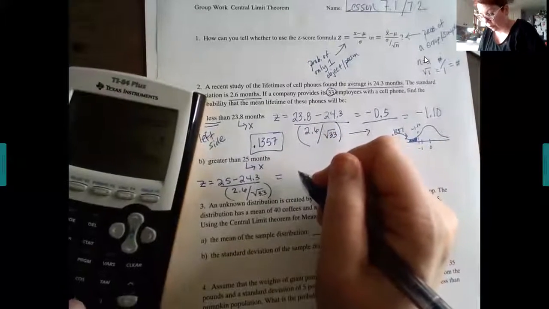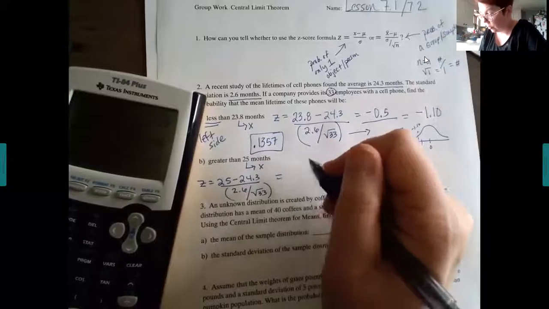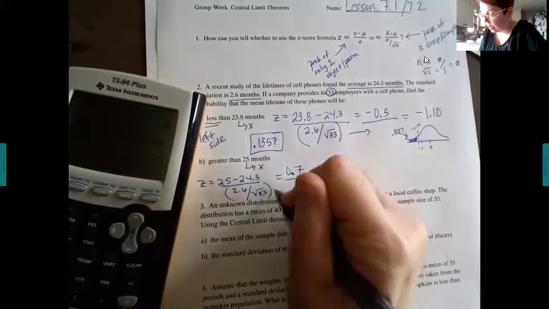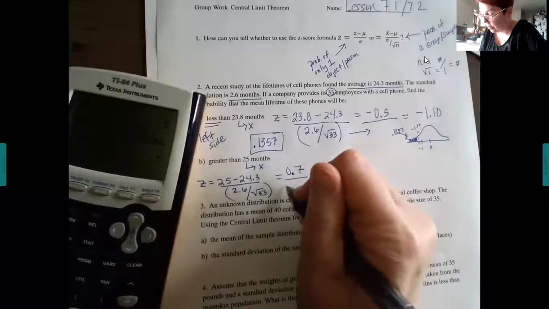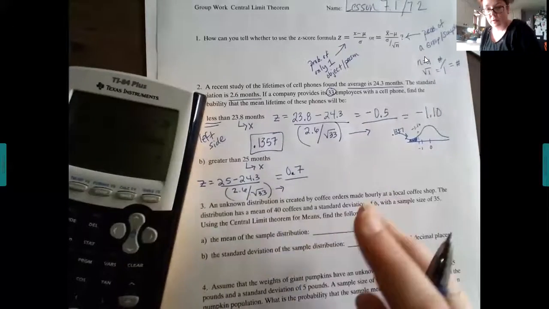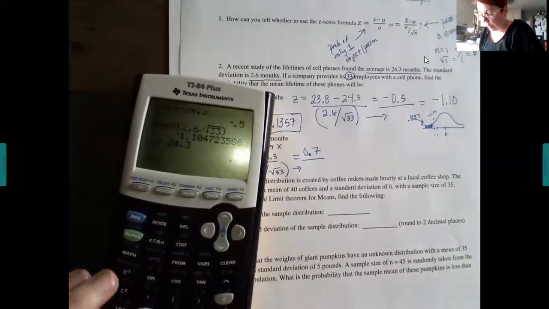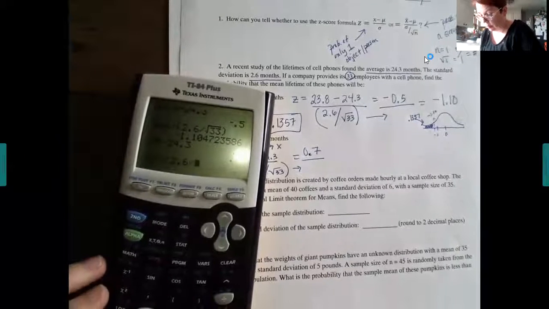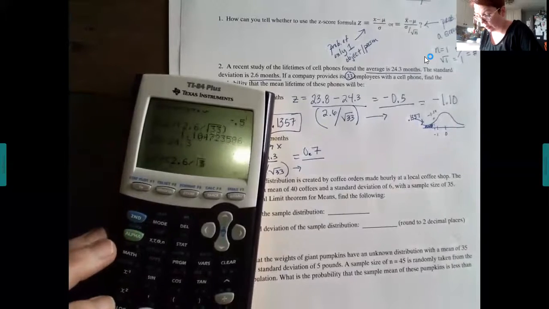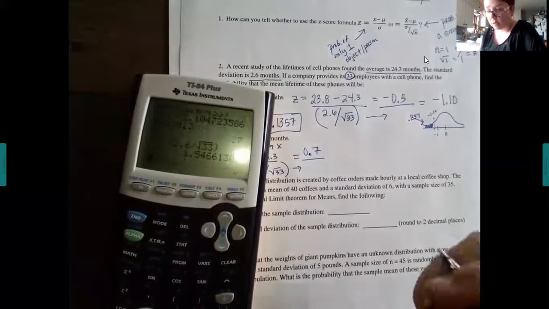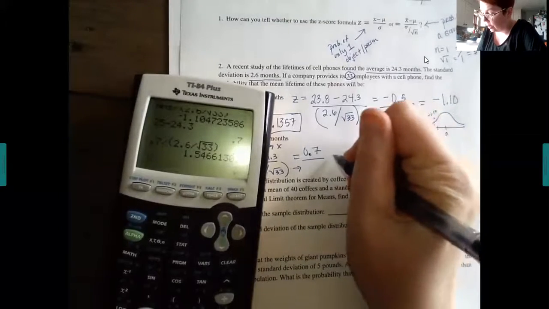All right, so we take 25 minus 24.3, and we get 0.7. And then I'm just going to take that 0.7 and divide it by whatever that is, right? So 0.7 divided by, open up parentheses, 2.6 divided by the square root of 33, close those parentheses, hit enter, and we get